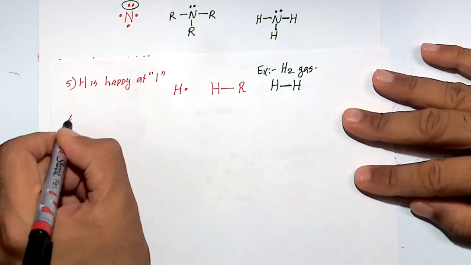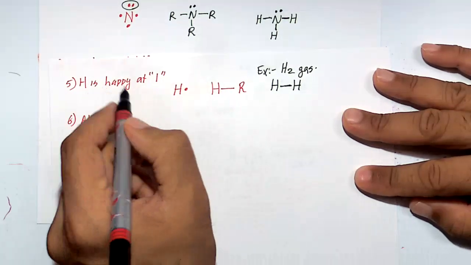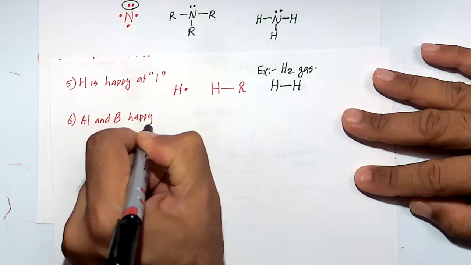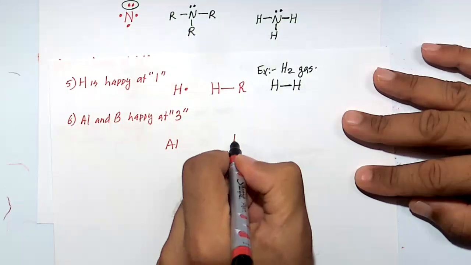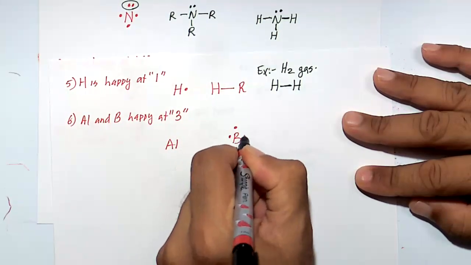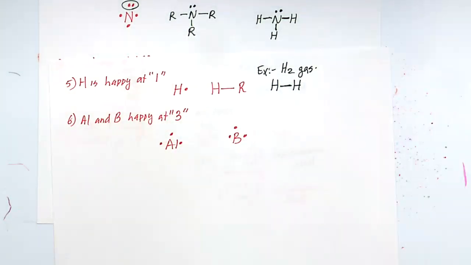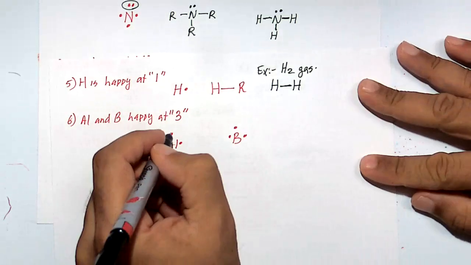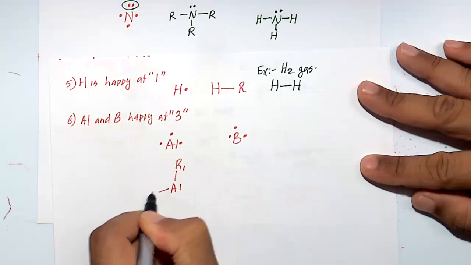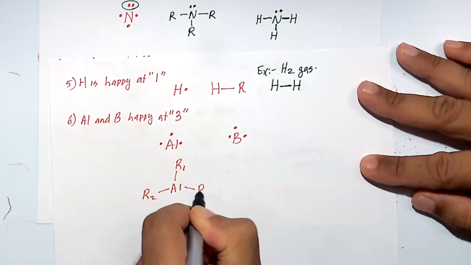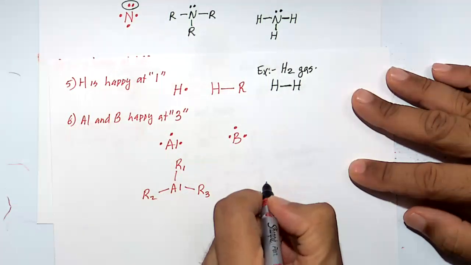Rule number 6 is that aluminum and boron are happy at 3. So aluminum, I can also do boron. 1, 2, 3. 1, 2, 3. So instead of that little dot there, I'll just have it ready to form a bond with R. Again, don't worry what R is. It could be one atom, it could be a collection of 10 atoms. We're not worried about it. We're just worried about boron